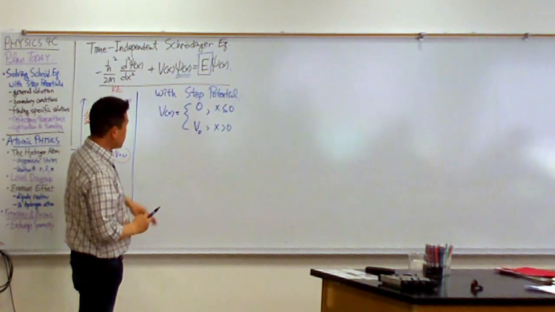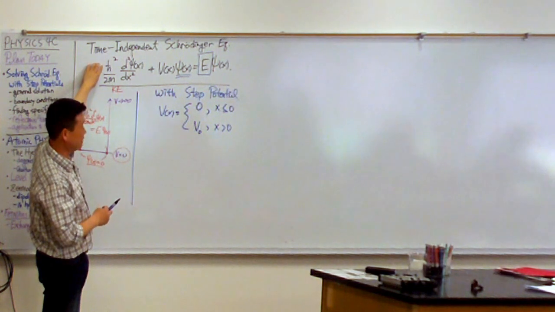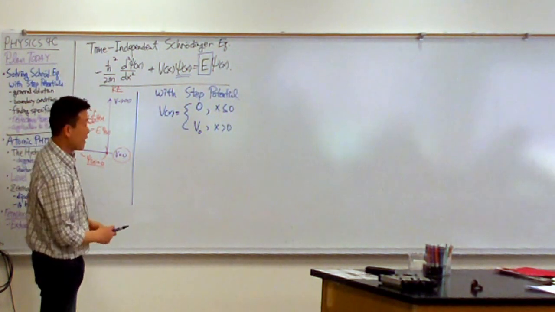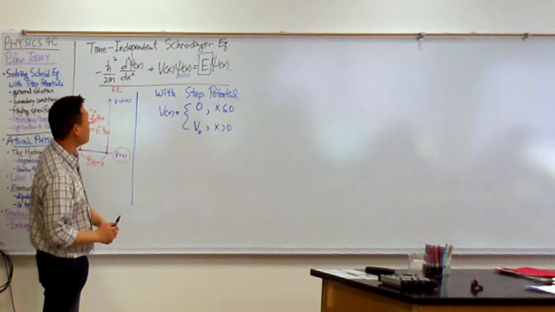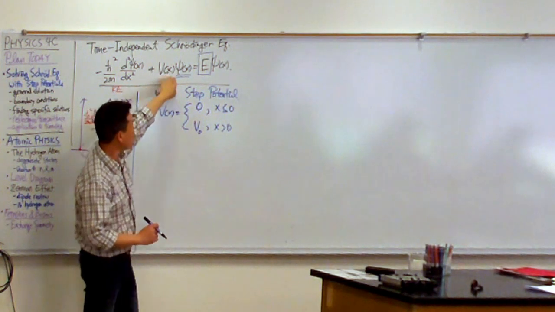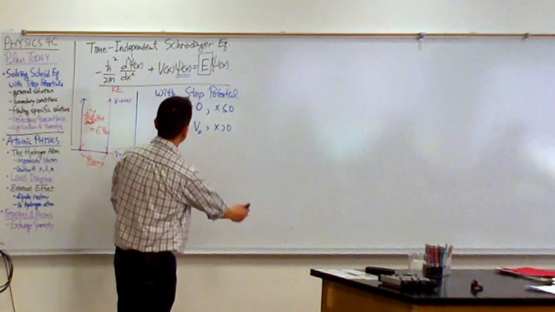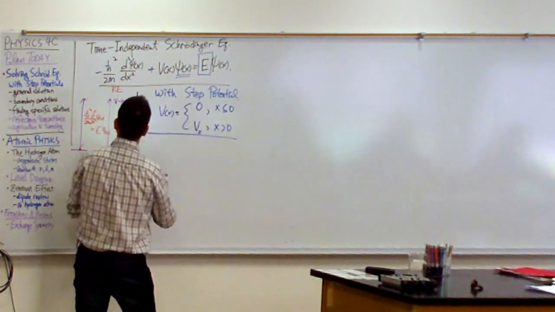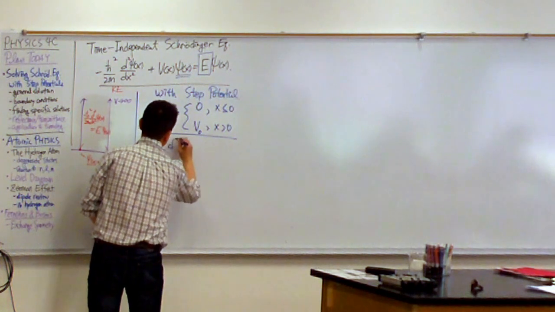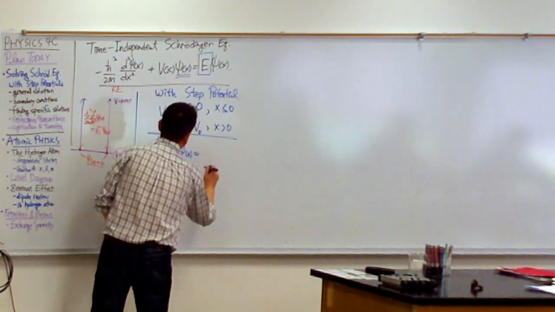This is a situation where we can actually solve the Schrödinger equation exactly. We have enough tools in our arsenal to go through that, and this is really the reason why. Let me rewrite this so that I have the potential with the energy term. I'm just going to move this over to the right-hand side. Then this is what the Schrödinger equation becomes: minus h bar squared over 2m, second position derivative of the wave function, is equal to